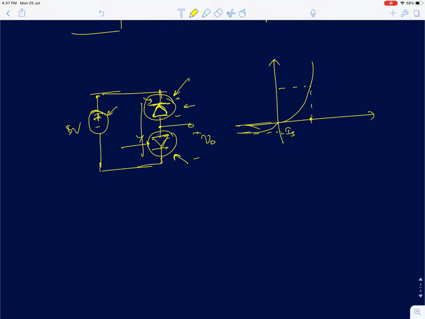I mean, minus IS here, the direction of the current is important, so you'll have a current IS flowing in this direction. Now all you need to do is to find what is the voltage corresponding to IS in this diode, because this diode is forward biased and a current IS is flowing through it. So what is the corresponding voltage? We know the voltage is given by VT ln I by IS, so in this case I is IS plus 1, so you'd get VT ln 2,